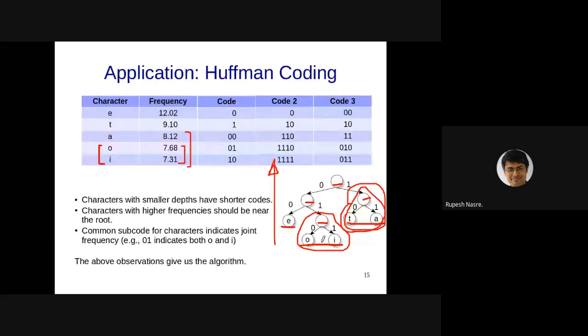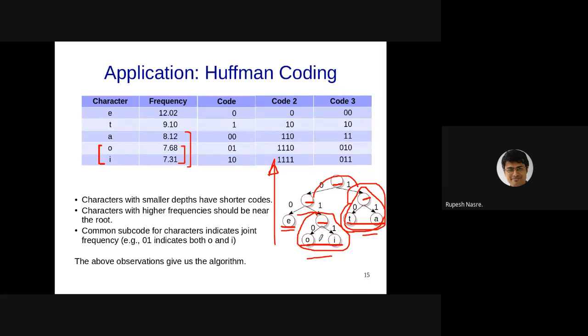So this is 14.99. This becomes some 17.22, and now E is at 12.02. So the lowest two are essentially these two, and therefore we combine them and then we combine these two here.